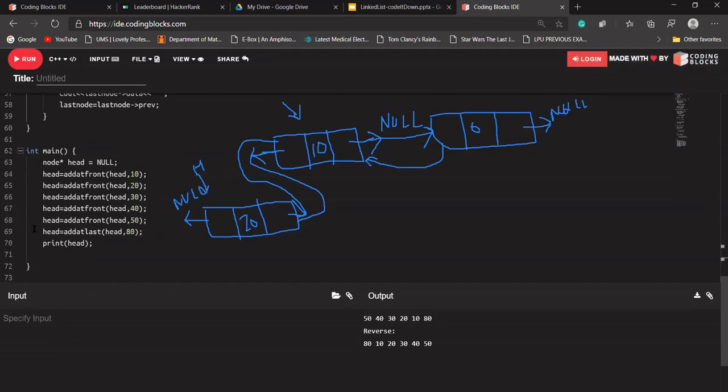In the add at last function, when I am adding 80 at the last, 80 is being added at the last, and in its reverse format 80 is being printed as well. Let me add one or two more. Is that clear with everyone, or is anybody having any doubt with this code? Do let me know. Let's try to add 100 as well.